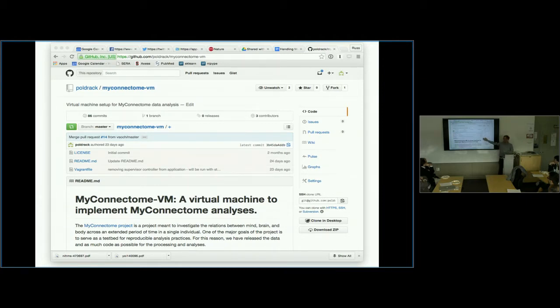So we've shared this thing called My Connectome VM, which is basically just sharing a Vagrantfile. You install Vagrant, you install VirtualBox, which is the software that actually runs the virtual machine, and then you just download this and say vagrant up, and it'll pull in everything, start up, with the help of Vanessa Sochat, who wrote a lot of the front end for this. It will pull up a browser to let you see all the analyses. You can see exactly how we generated all the figures in the paper, and browse the data in more detail if you want.